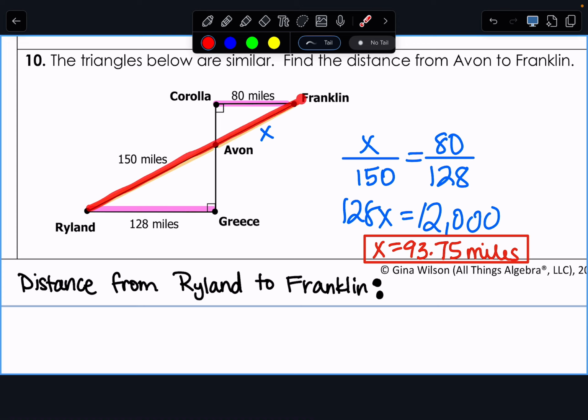What's that distance? What do I need to do? Add what together? So we have 150 from Ryland to Avon, and then 93.75 to continue on, for a total of